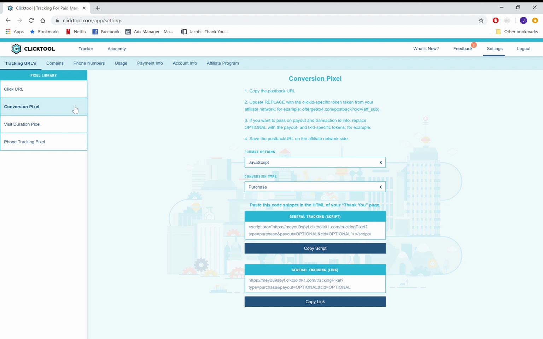Anyways, getting into the conversion pixel here, we have a little more variety in our options. Your conversion pixel is going to be any sort of conversion post-click. So you have your initial click URL. And the reason that's separate, because in theory you could just use another conversion pixel for your click URL, is something so cool about Clicktool: it's not just analytics, it's not just tracking you're doing here. You're also using this to make sure that your campaigns are as optimized as possible for